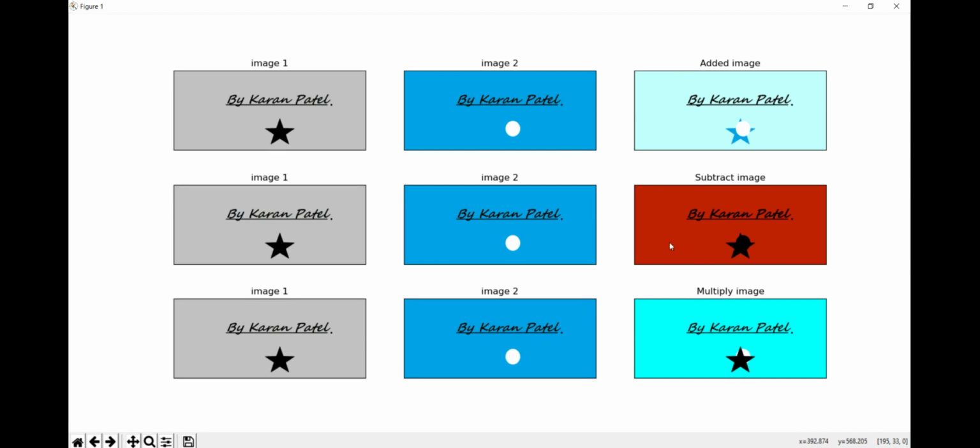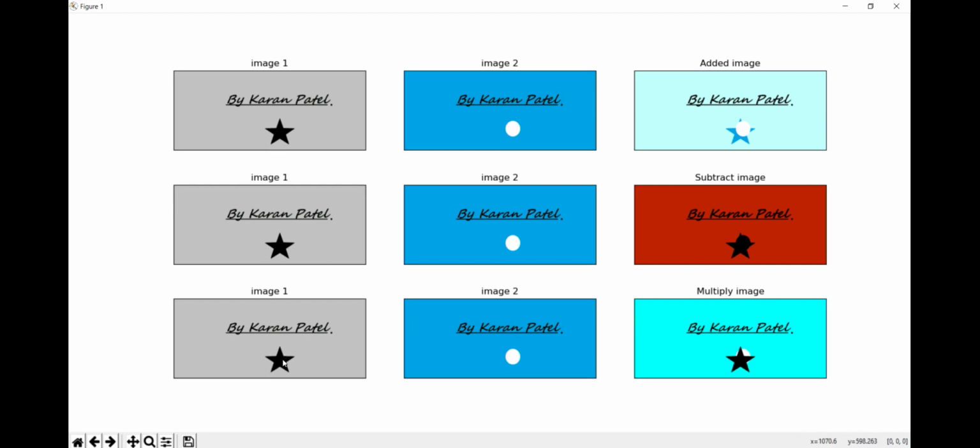So all the 195 remains constant here, and where we get a 0 blue value, 195 minus 233 is a negative value, and I told you that negative values are not accepted in OpenCV, so it's by default considered as 0. The same in subtraction: the star is black, the hole is white. 0 minus 255 is negative 255, and that's why the star and the circle are converted into black. I hope you are getting my point, guys.